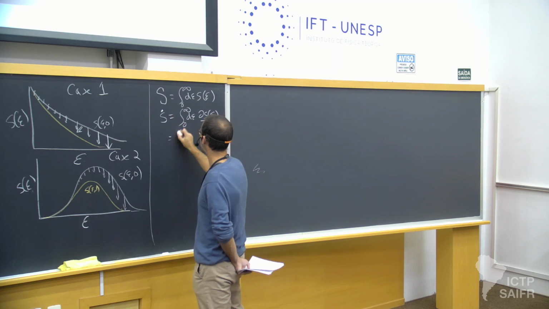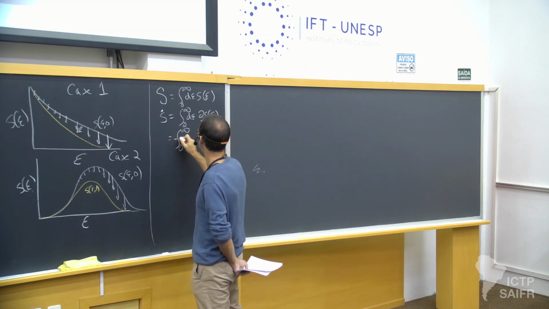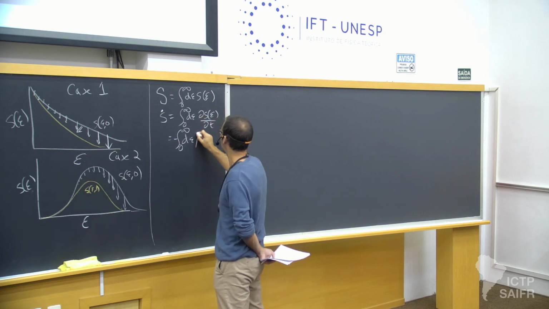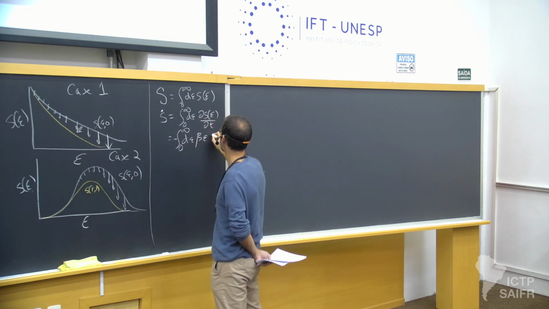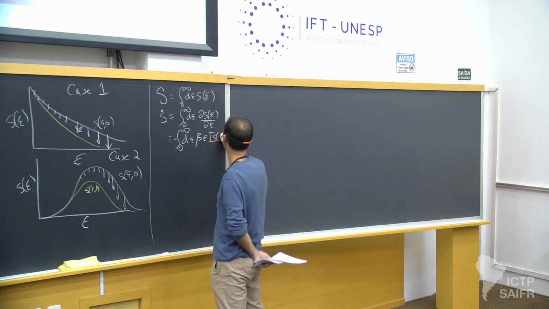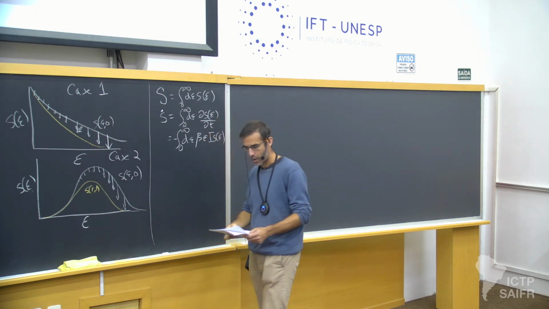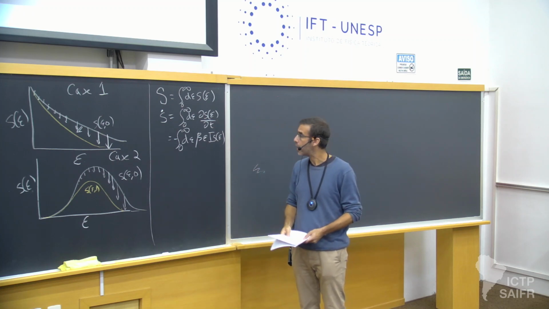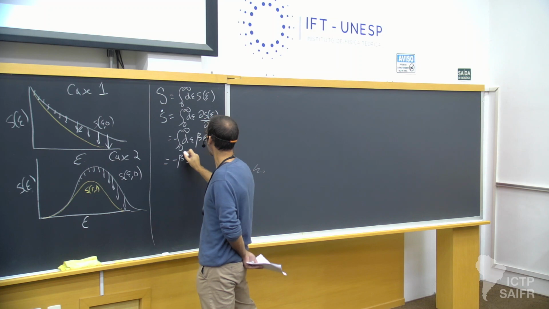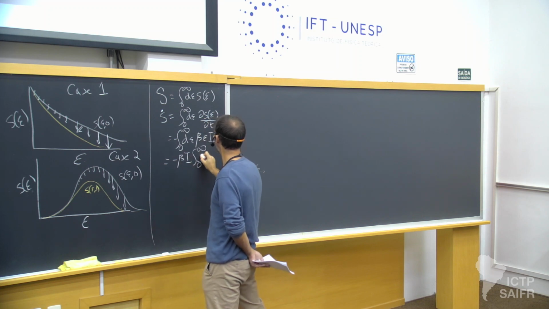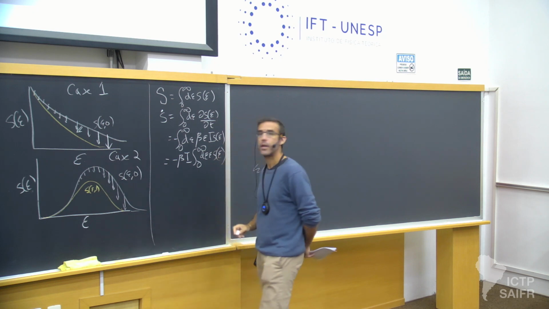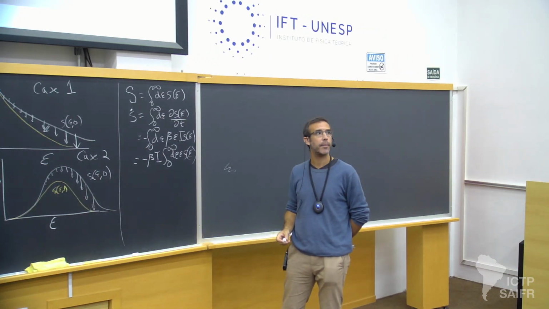In other words, I can take this integral from 0 to infinity d epsilon, and I have to recall over there that we have beta epsilon I S of epsilon. Okay? Which I can write by pulling out this minus beta I as the integral from 0 to infinity d epsilon epsilon S of epsilon. Everyone see that? Hopefully it's clear.